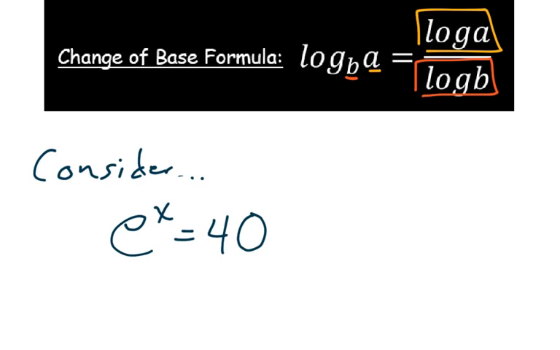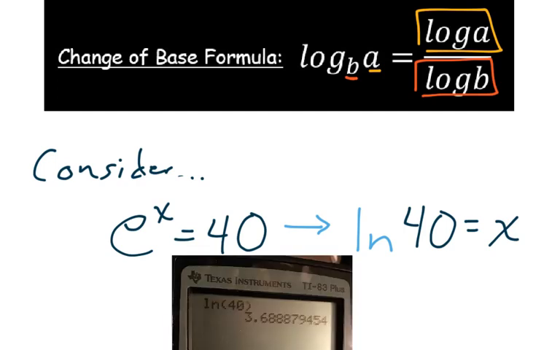What if I had asked you to find the exponent to put on the e to get 40? Well, again, since logs are exponents, you would be able to interpret this statement as a log base e, but a log base e is an ln, so it'd be the ln of 40, and that would equal your x. Now you do have an ln button on your calculator, so you don't have to use the change of base formula. You can just use that ln button to end up with